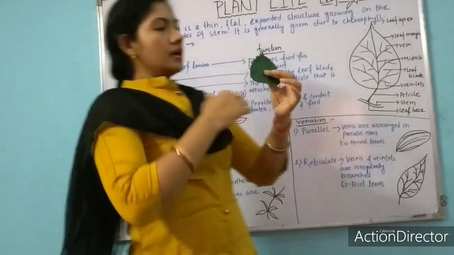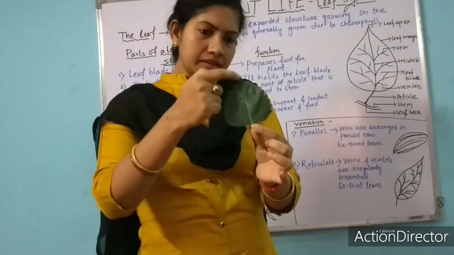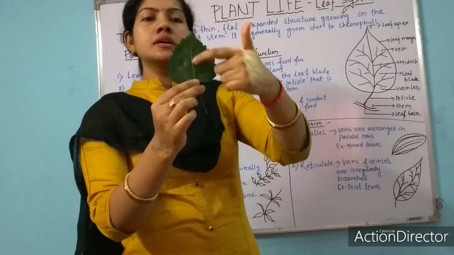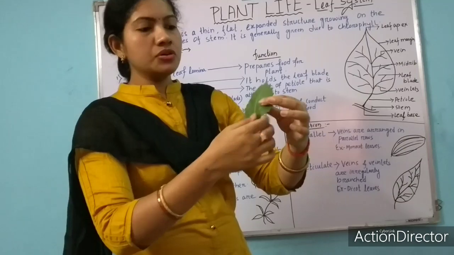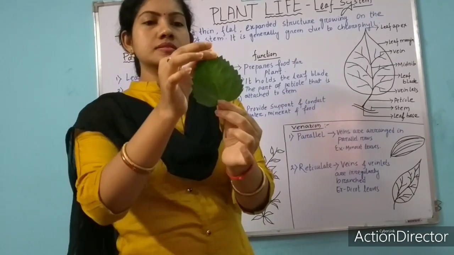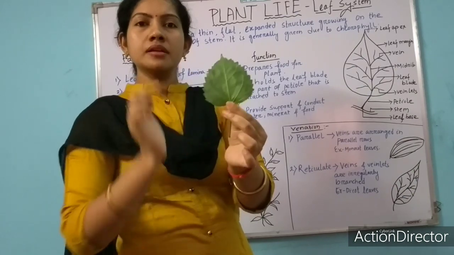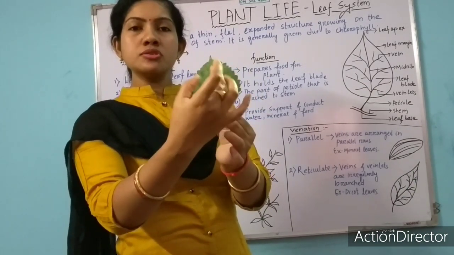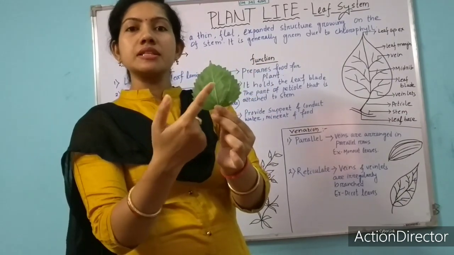Can you see a thick vein kind of thing running on the leaf blade? You can see it at the middle. Okay, I am showing you from the back. Can you see the middle one? Yes, that is the midrib. And by the side there are also some network-like structures that are veins.